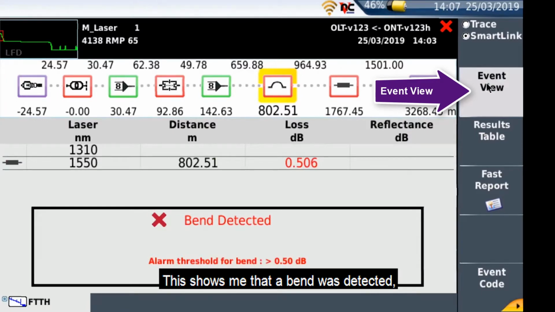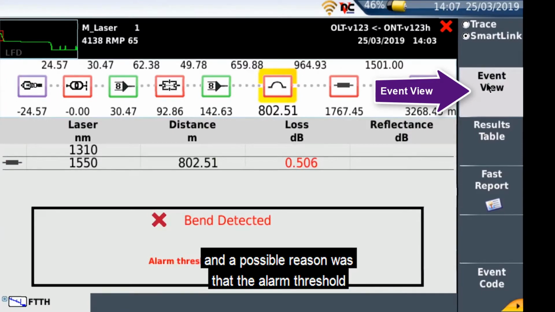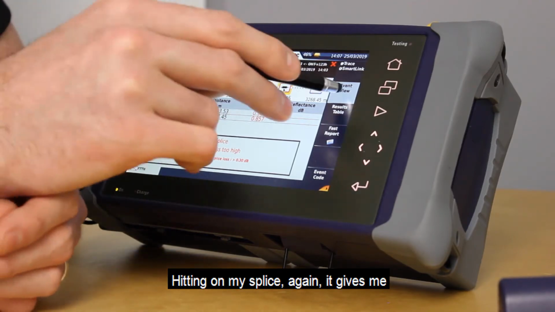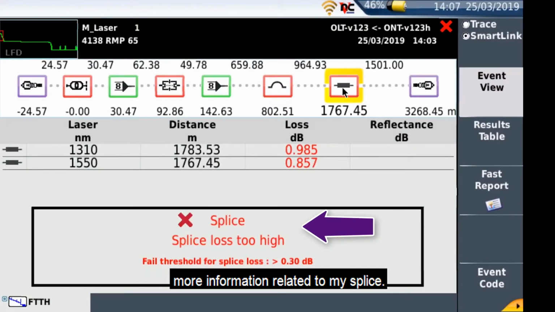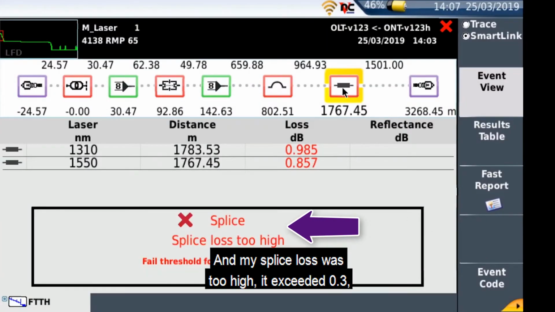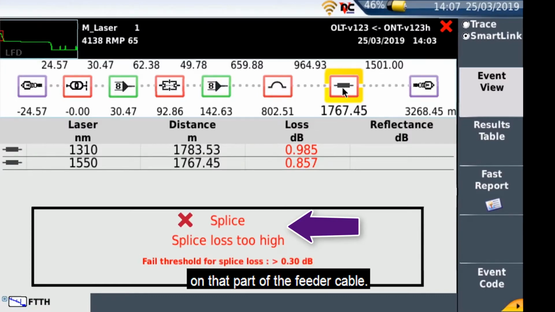This shows me that a bend was detected, and a possible reason was that the alarm threshold for bend was exceeded, so it's greater than 0.5. Hitting on my splice, again it gives me more information related to my splice. My splice loss was too high, it exceeded 0.3, so in this case I would need to re-perform that splice on that part of the feeder cable.